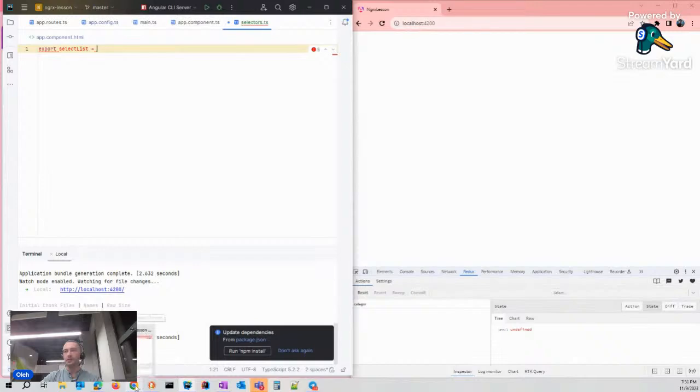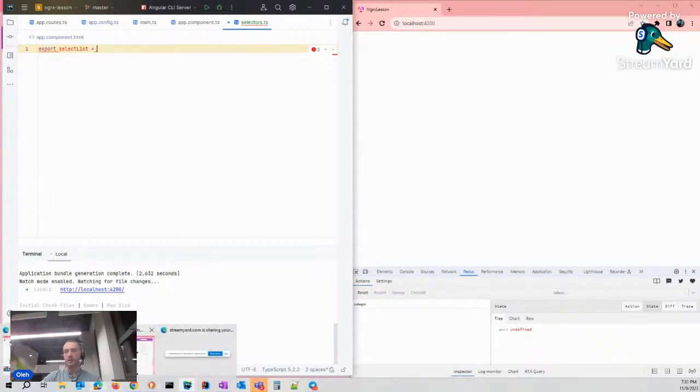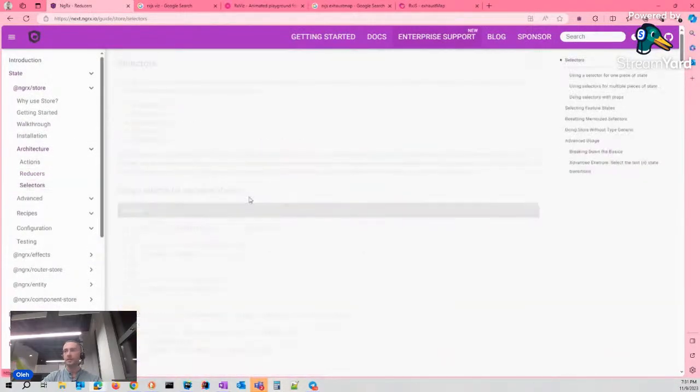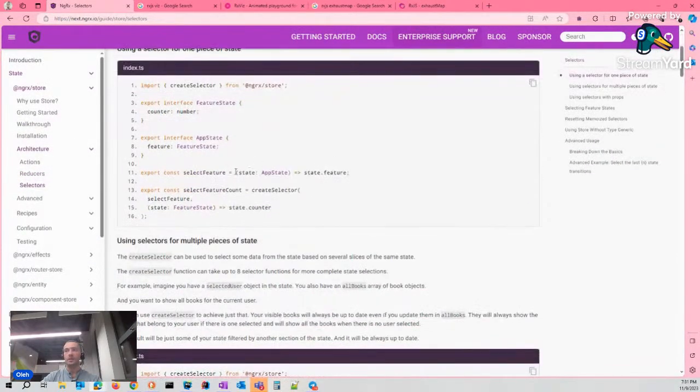And go to the documentation to see how to create it. It's just a function. And an interface that we could use in our reducer to define our store structure. But we will add it later.